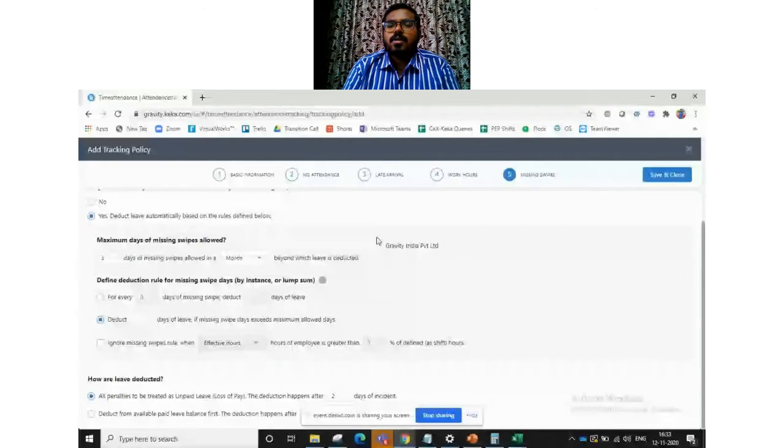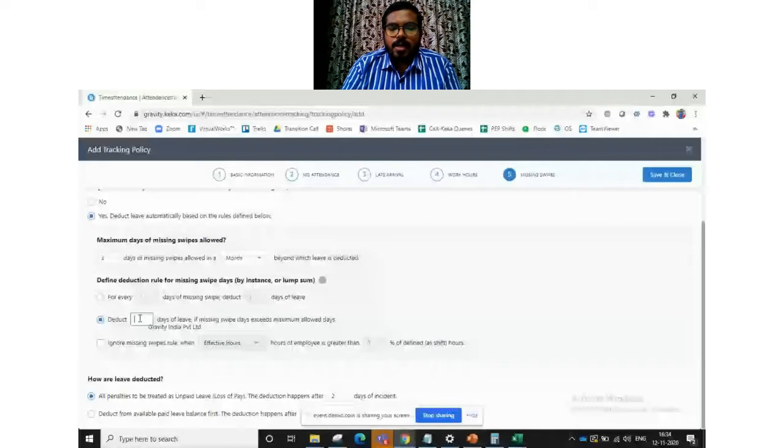You being generous, you understand your employees, so you can allow them 3 days of missing swipes in a month. And if it exceeds 3 times, for every 1 day of missing swipe, you're going to deduct 1 day.